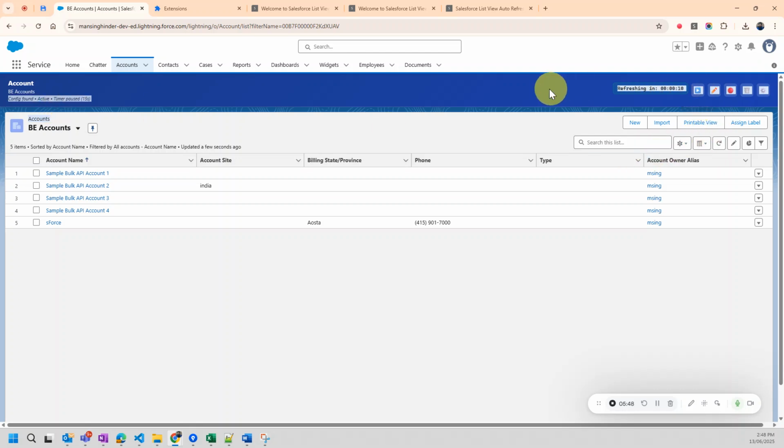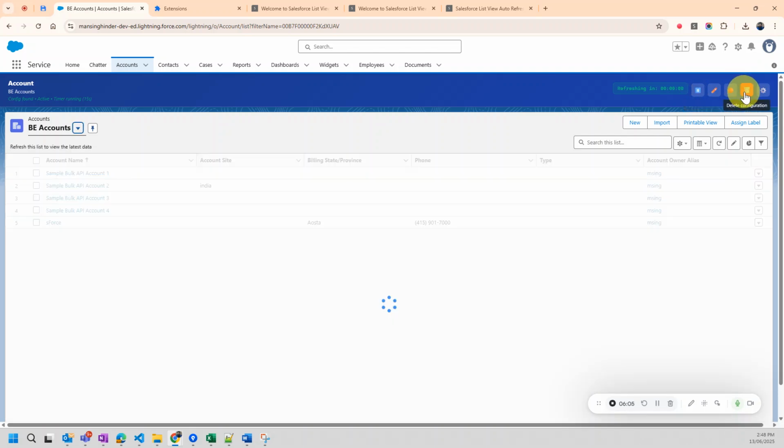Now if I pause it, I can resume it when I like. So if you are doing inline edits, I would recommend you pause the timer, do your inline edits, save it, and resume the timer if you would like. You could also delete the configuration from here